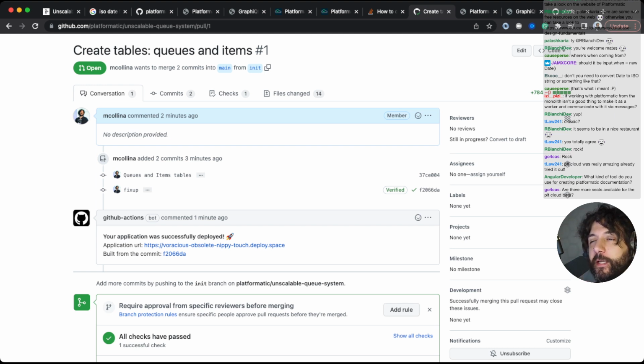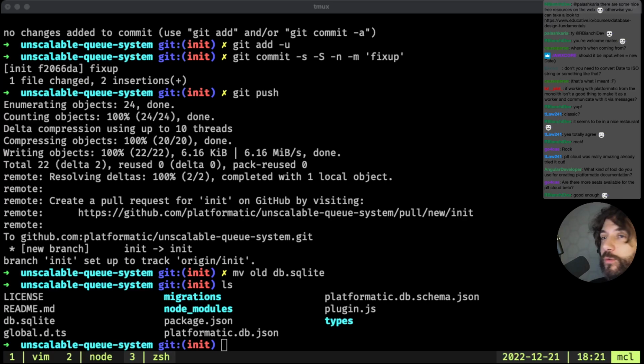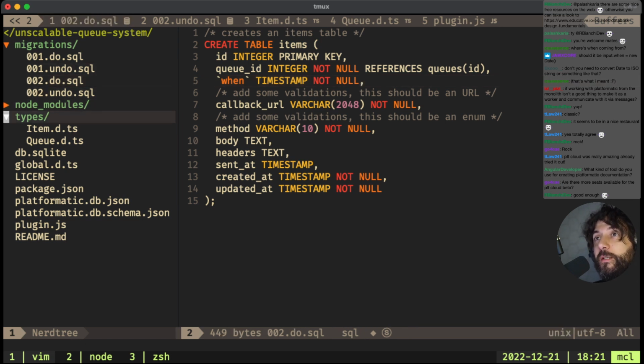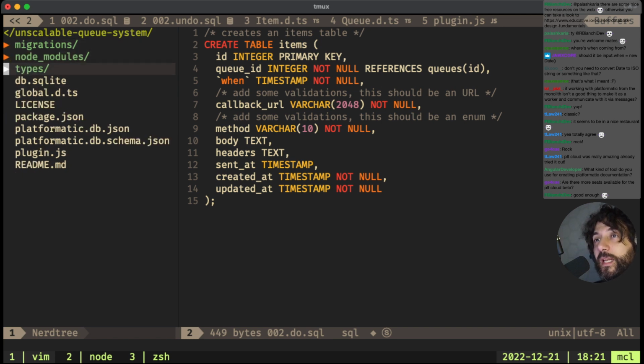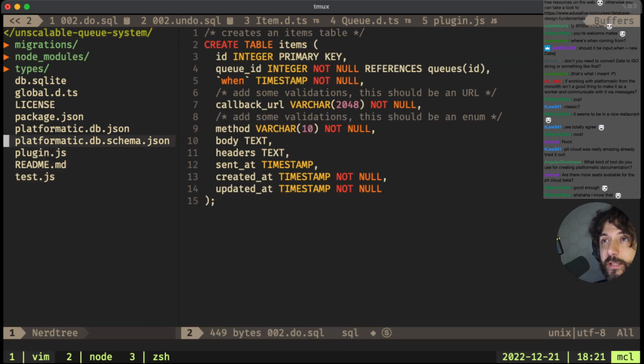I think there is something missing in this PR so far. If you know me, there is some stuff that's missing. So what I'm going to add now is a little bit of unit testing for all this stuff, mainly because I would feel guilty if I don't. I would also actually be cheating, because normally I would ask my team to write tests for this, so it's better if I write my tests. Let's start with a single file called test.